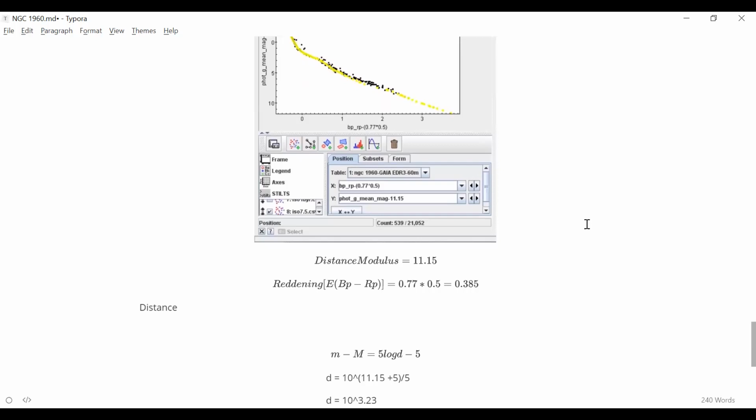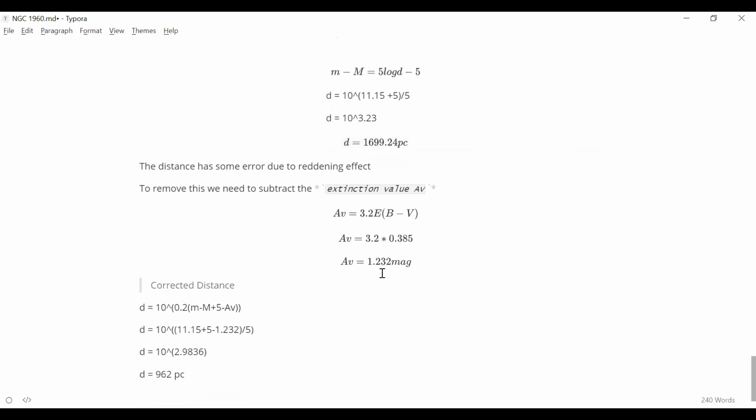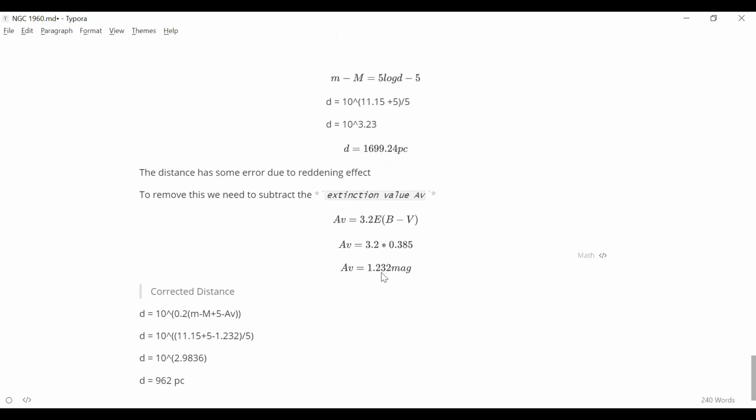Even in my papers I see 1340, which you have from parallax, no? Yes, ma'am. With just the distance modulus, my distance came to 1699, but that's wrong. That's an overestimation. But then you're subtracting. So what was that distance modulus? This is 1699. Now you're going to subtract. How much will you subtract?